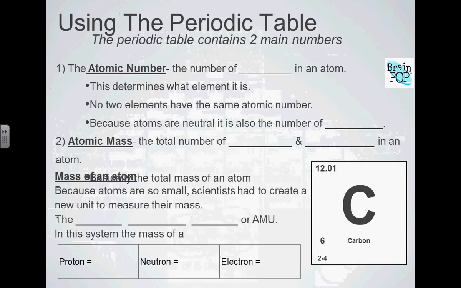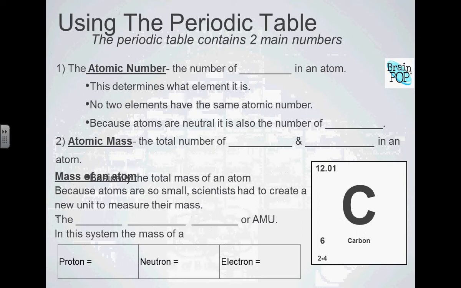All right, so let's talk about those numbers and what they mean. On your periodic table, the one I gave you, at the top in the middle, there's a key, and it tells you what all these various numbers mean. If you look up a periodic table online, the numbers may be arranged in a slightly different way. It's just a matter of style. Sometimes the atomic number is large and in the middle, sometimes it's small or off to the side, sometimes it's on top, sometimes atomic mass is on bottom. It varies from table to table. But we have to know what some of these things are. So first off, atomic number.